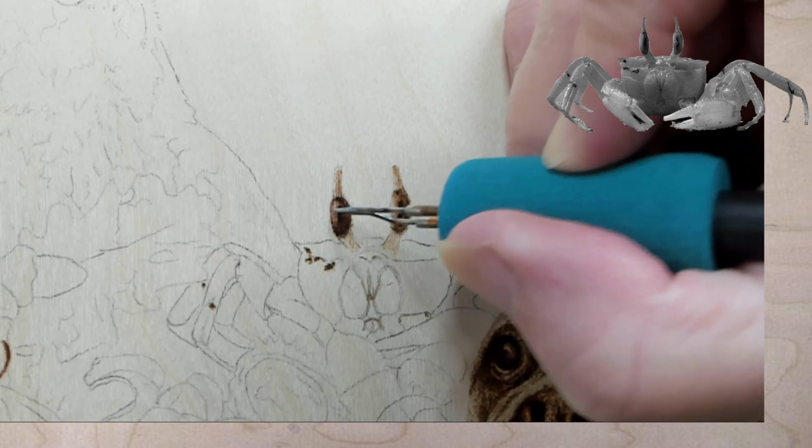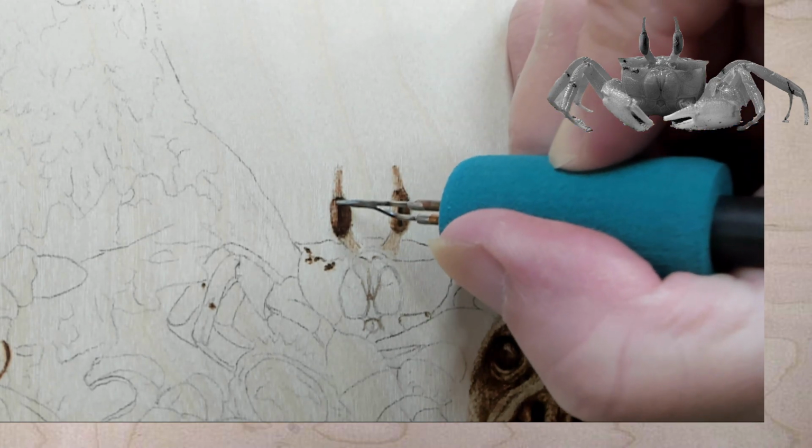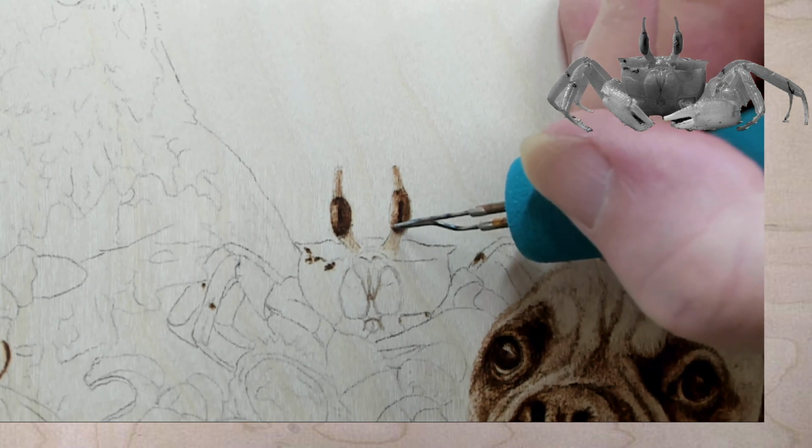Now there is a bit of the darkness to the left from where the light is hitting. And this eye